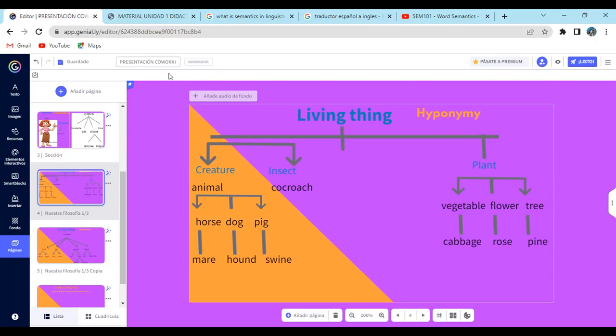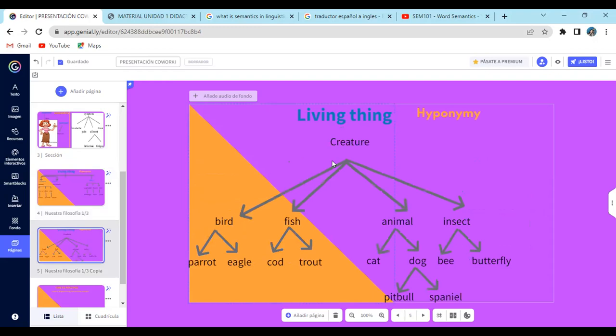As I was explaining to you, the word that I am describing is creature. And here we have the different kinds of birds. Here, the word is fish. As I said before,